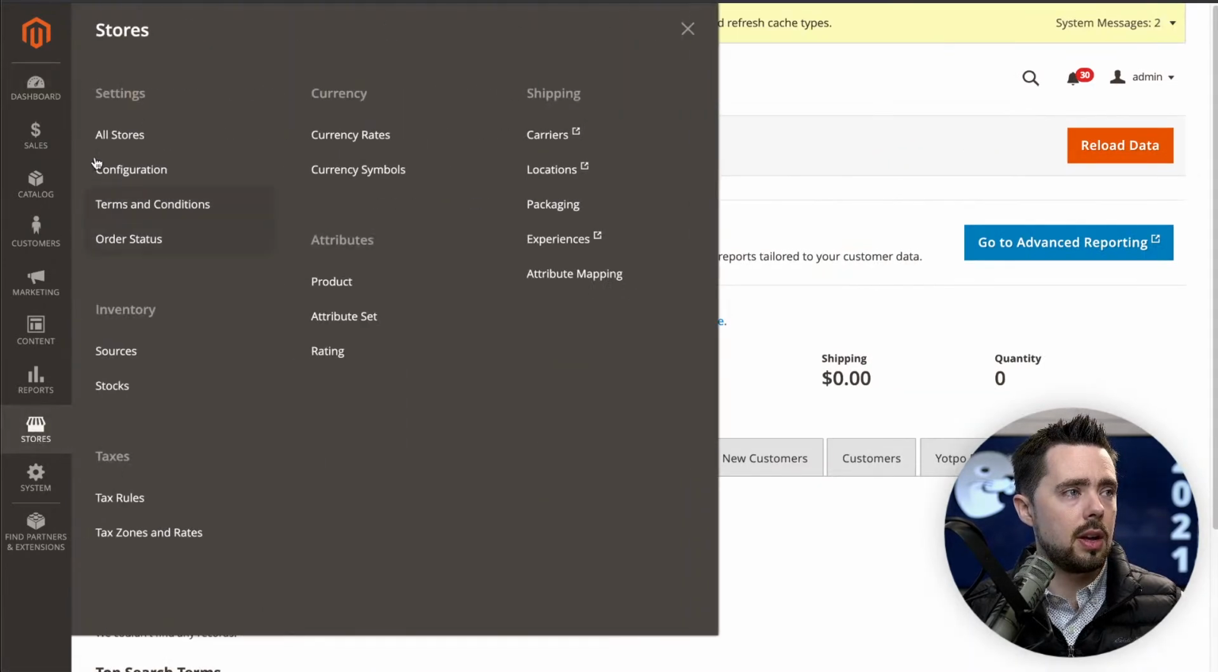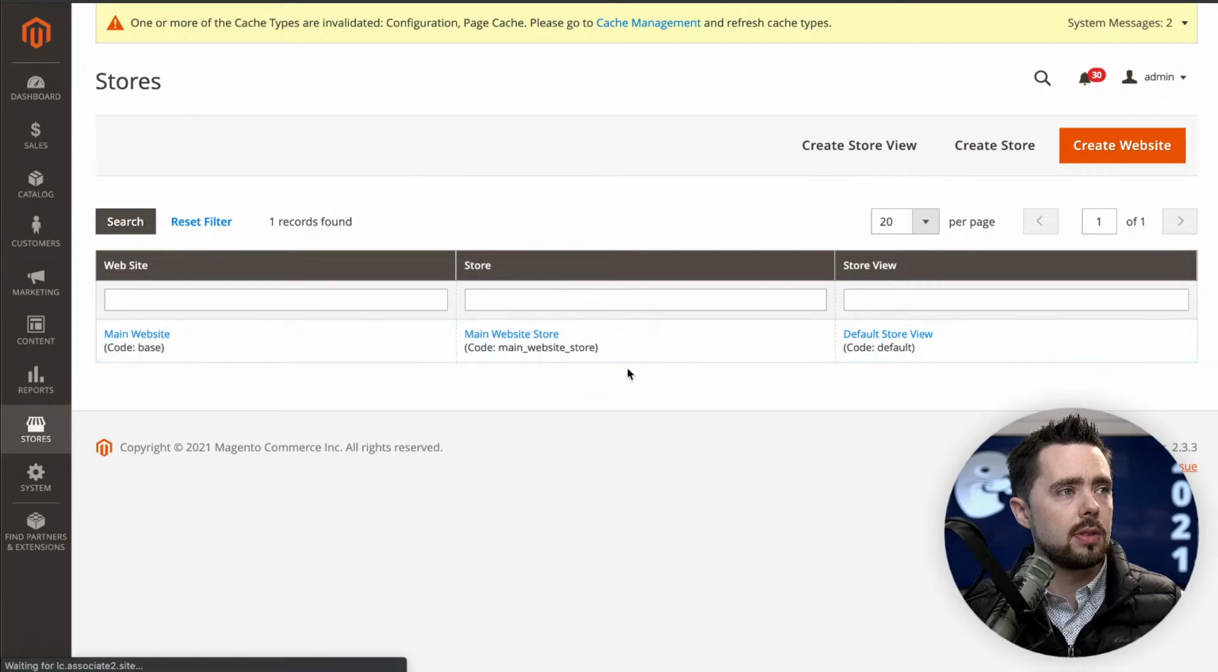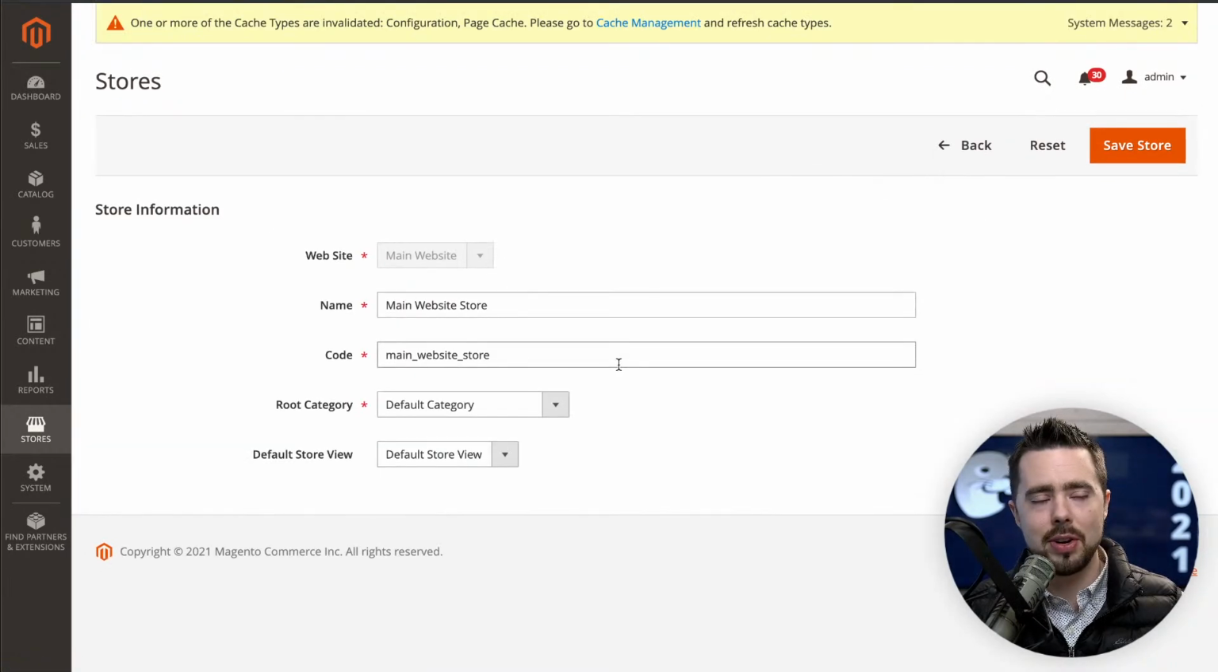Oh man, see how much faster that is. I turned off the debugger and it just pops right up. All right, so